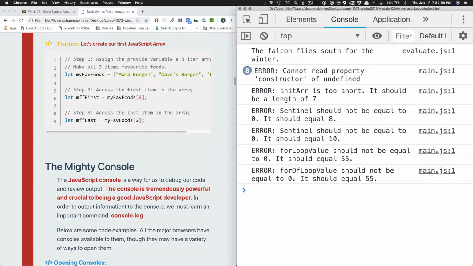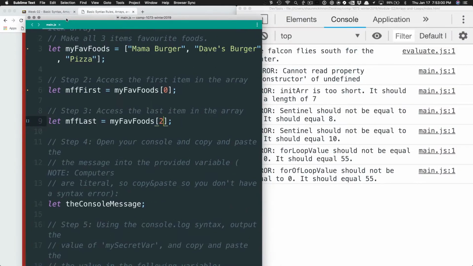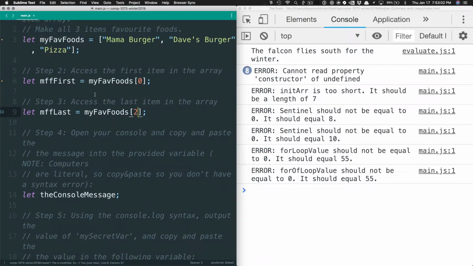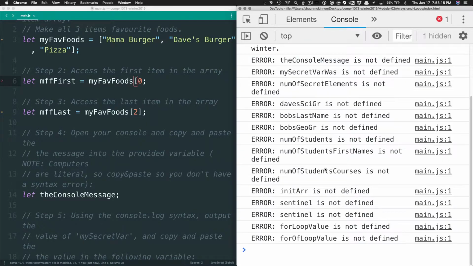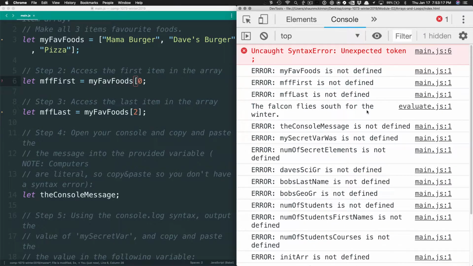So for example, if I take this file and I bring it over here, and say I forget this bracket, my library is not going to catch that. And it's not going to stop your script from blowing up. Your script is just going to blow up. If I Command R over here, you can see at the very top it says uncaught syntax error, unexpected token